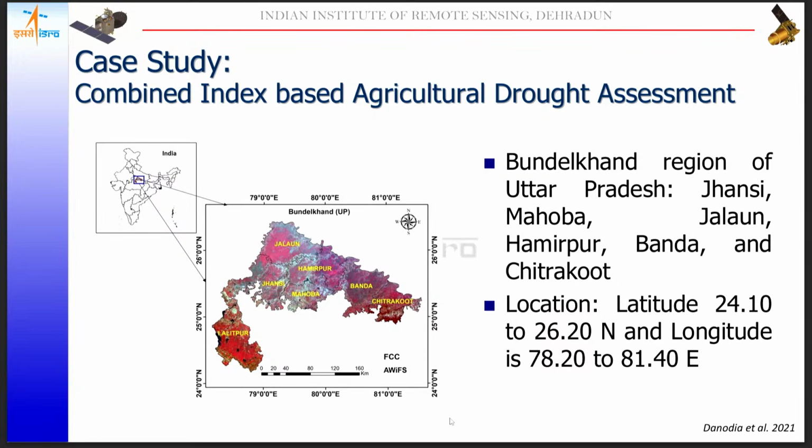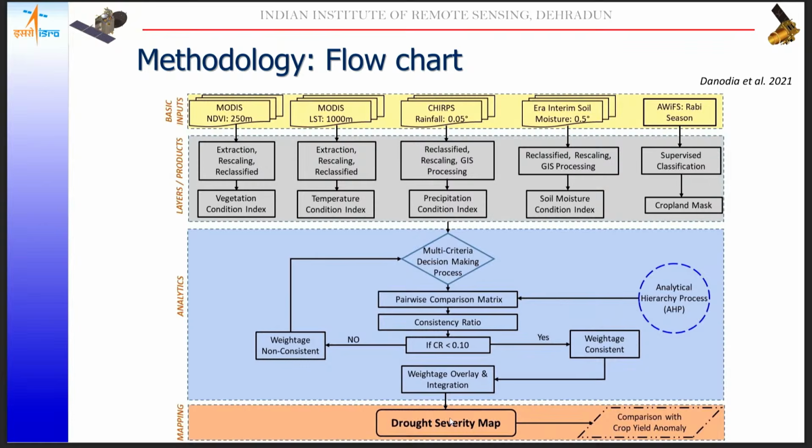We did this work for the area of Bundelkhand, which is a region where drought recurs, you can say, in every alternate year, hitting different parts of the Bundelkhand region at moderate to severe scale. Along with this, in this particular study, for the very first time we integrated more than two types of spectral indices, which define different conditions of the crop and different crop growth parameters. So this is the overall methodology we followed.